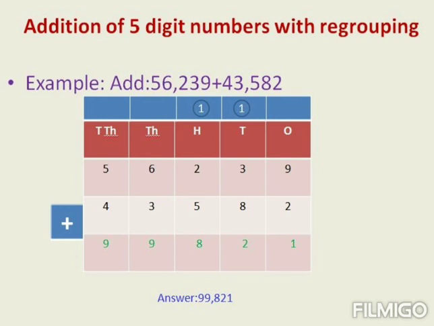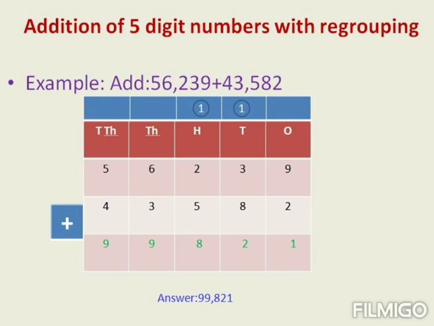If you add 9 and 2 you will get 11. But we cannot write 11 here, so write 1 in the ones place and carry over 1 ten to the tens place, the nearest place. Now add 1 and 3. 1 plus 3 is 4. Add 8 along with 4. Now you will get 12. Again it is a 2-digit number. Write 2 in the ones place here and take 1 ten to the hundreds place as a carryover.